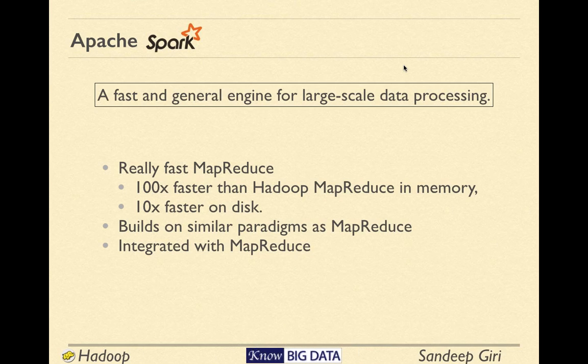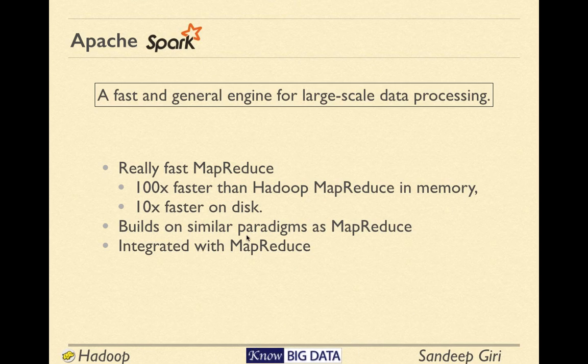So Apache Spark can load the data in memory, or we can mark that the data should be partially on the disk. There are multiple modes. And even on the disk, it is faster than Hadoop's MapReduce. And that is probably the reason why people suspect that it will replace MapReduce.